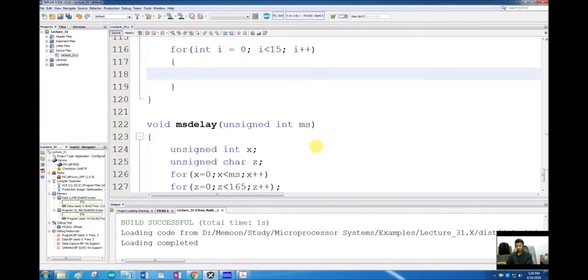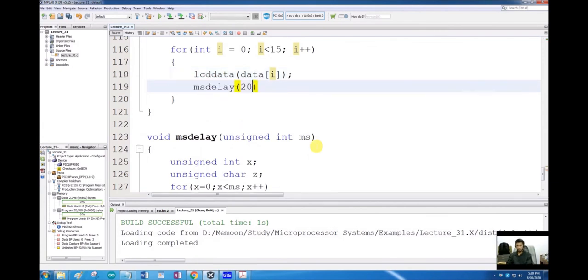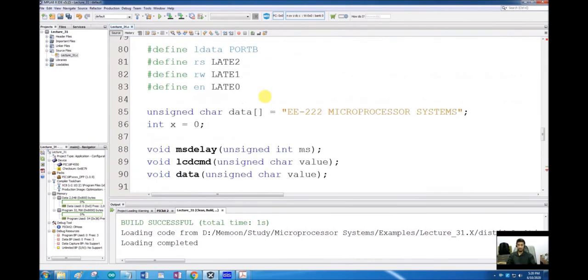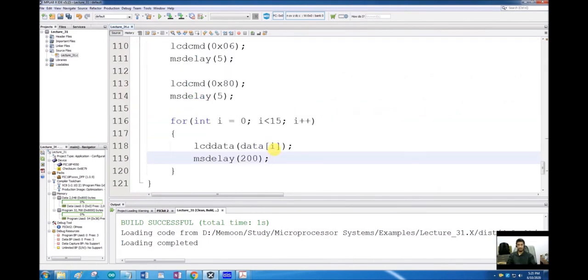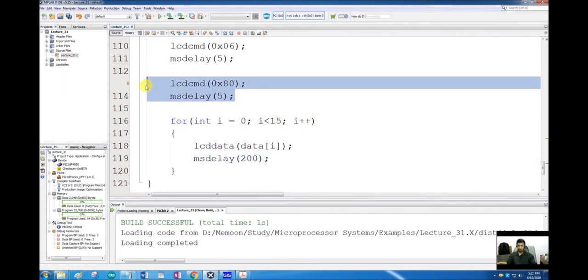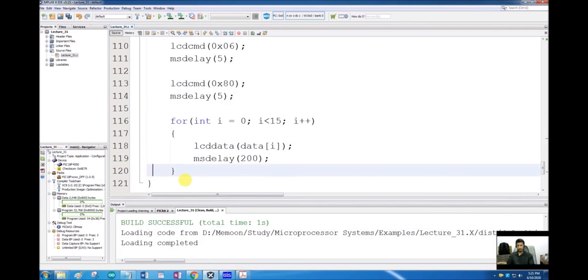So I will write LCD data, and inside that I will write data[i]. The ith value of data should be sent to the LCD as data, and a delay of 200 milliseconds should be given after sending each data. So what will happen here is it will send the characters number 0, 1, 2, 3 up to 15 using this loop on the first line, and then I have to send another command after finishing this loop.